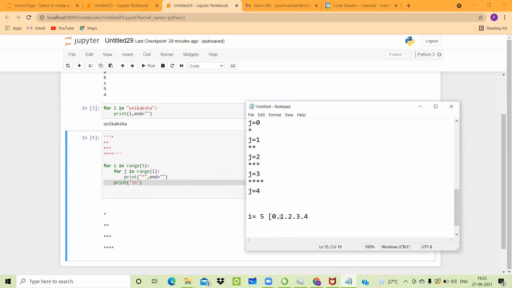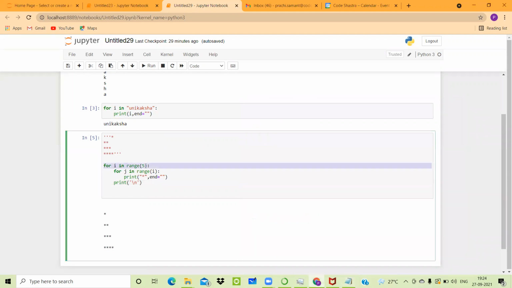Right? So it can't accept the value 5 because you are saying range 5, so 0 से अगर start करोगे, so that time it can take only 0, 1, 2, 3 and 4 as a value. And that's the reason your condition for the first for loop will be dissatisfied, and because of that it will come out of the first for loop.